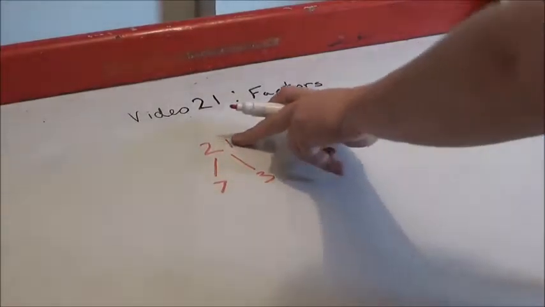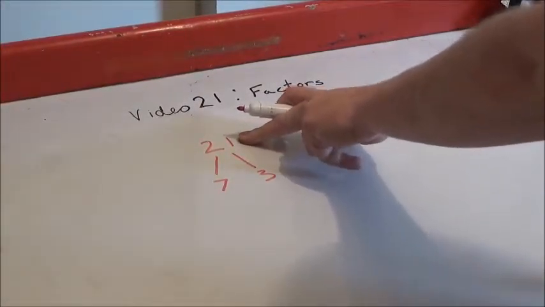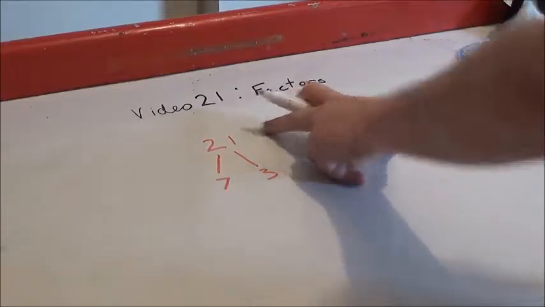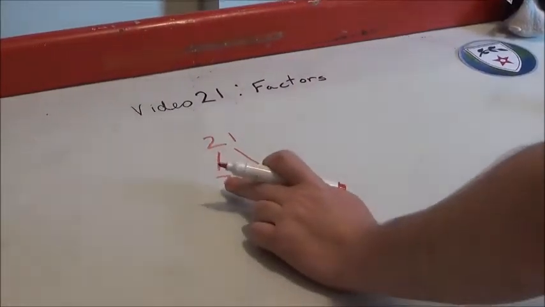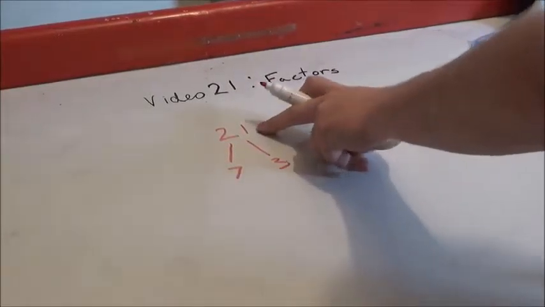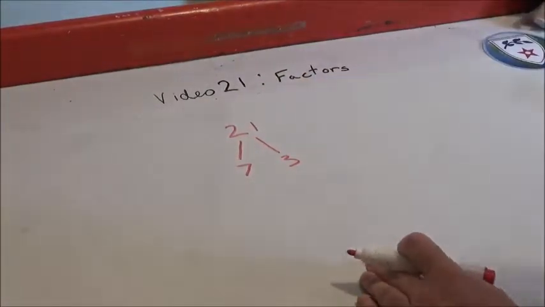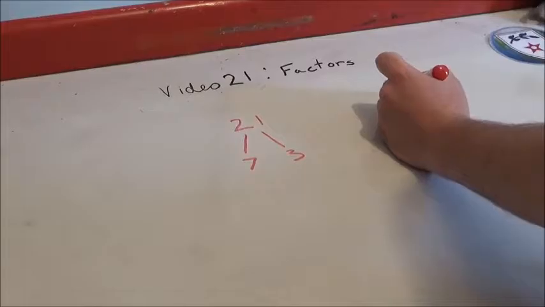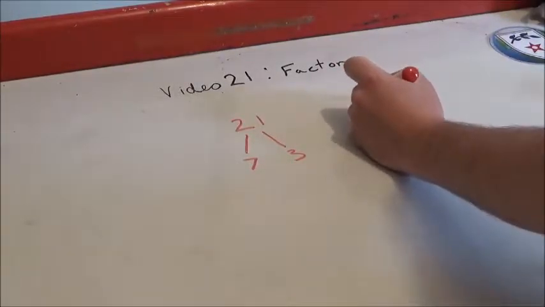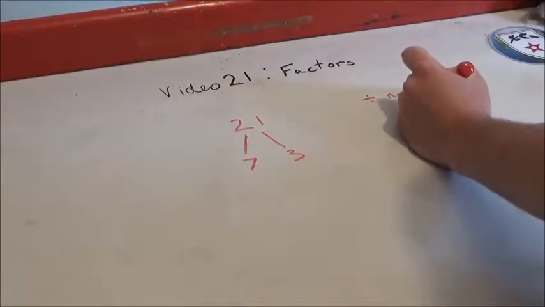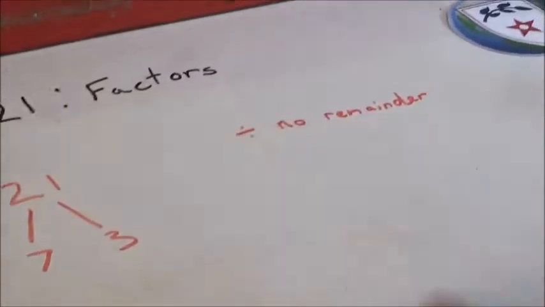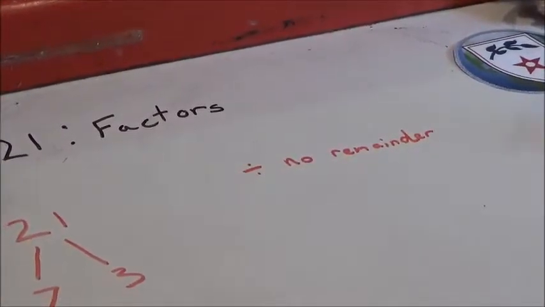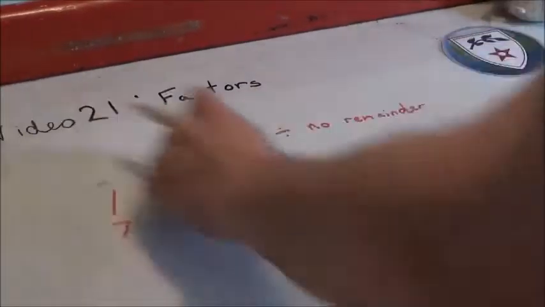So here, we can divide 21 by 3, and we can divide it by 7, and we won't have any remainders. That makes 7 and 3 factors of 21. So I'm just going to put up here, divisible with no remainder. Just as a bit of a reminder for our remainder. Similarly,